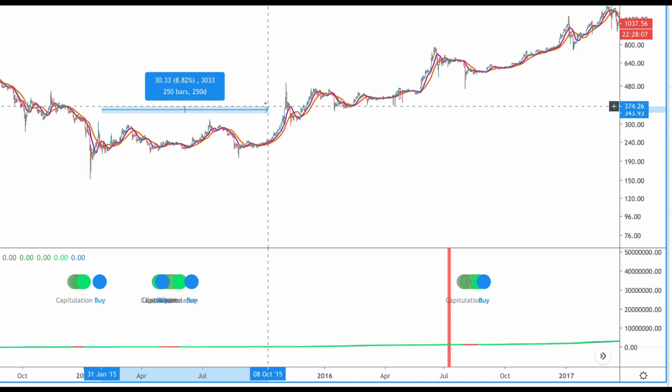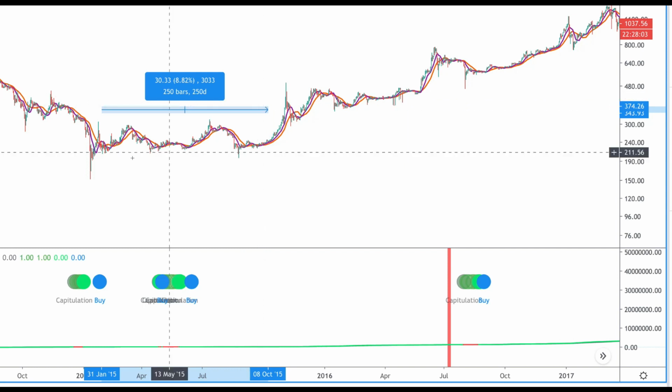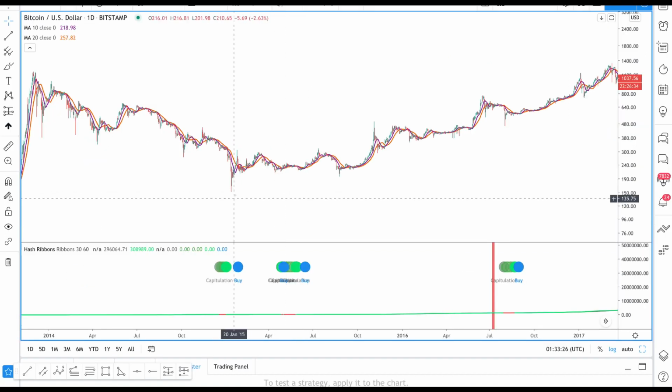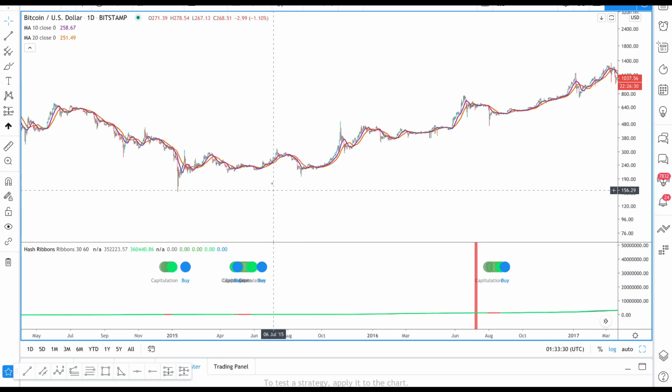So I mean, yeah, to be fair, that was almost a year. From that perspective, this indicator is not something which is going to say, hey, we're going to enter a bull market right now. But I'll give you my opinion on what is most likely to happen towards the end of the video. Okay, so again, we had these 3 indicators which flashed buy, and then boom, we saw this